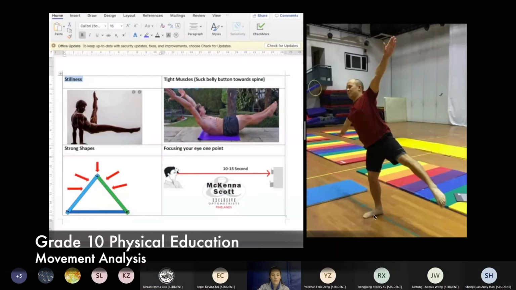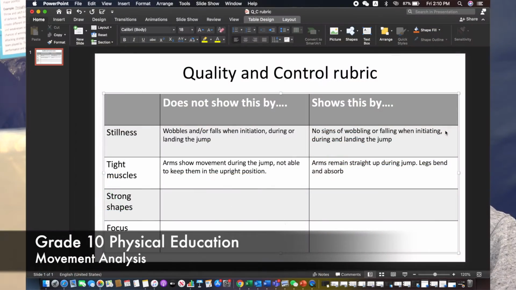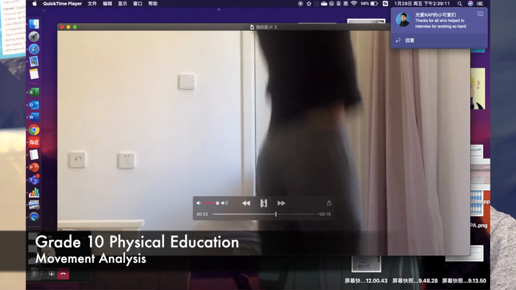My name is Emma Ryan and I am a PE MYP teacher and also the Department Head of Health and Physical Education at Keystone Academy. In this lesson you're going to see grade 10 students performing a movement analysis on gymnastics movements, in particular different